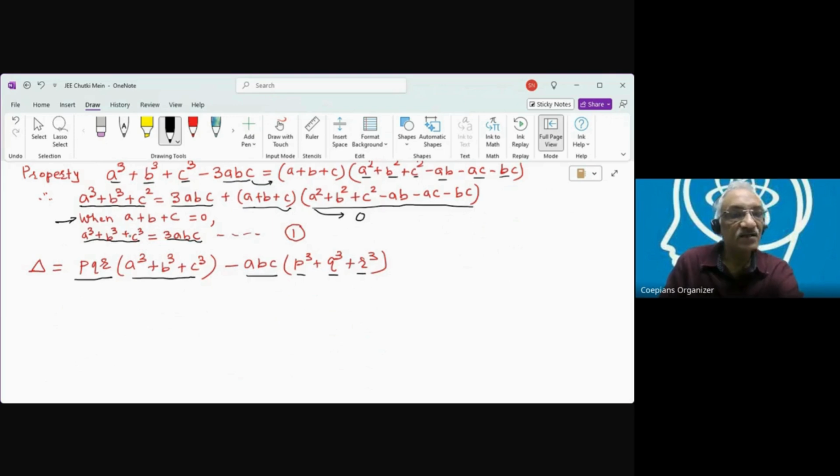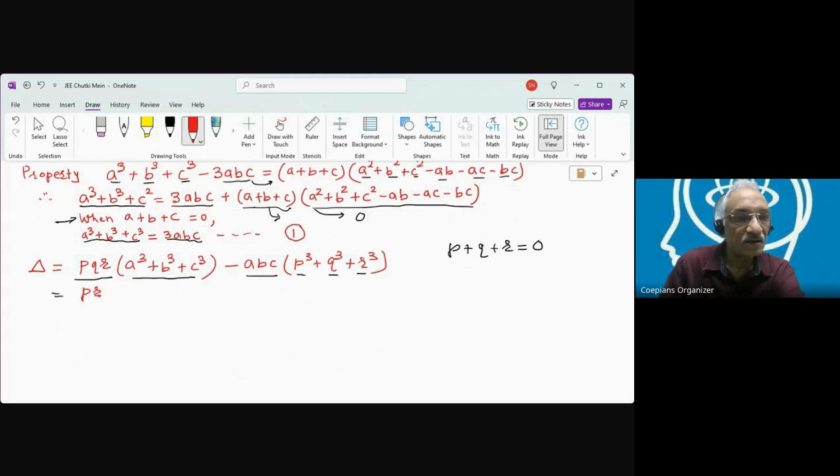As we had seen in this particular property, what is the value? Because A plus B plus C is equal to 0 and P plus Q plus R is also given as 0. So using this particular property we just studied, this becomes